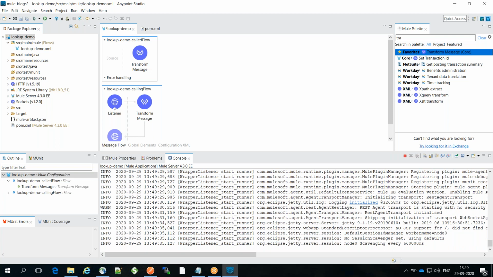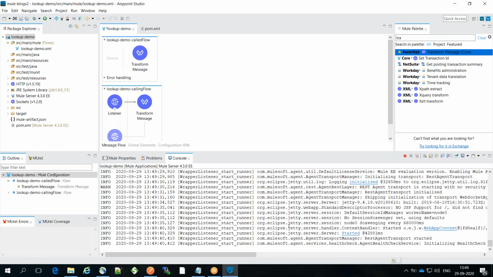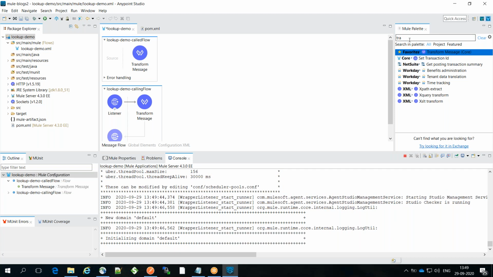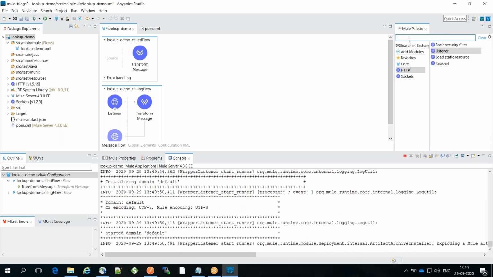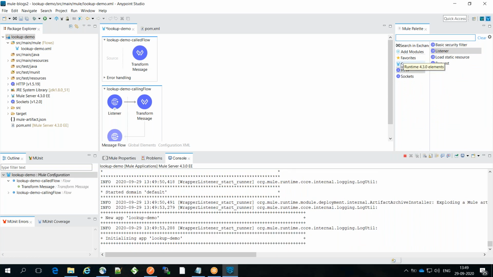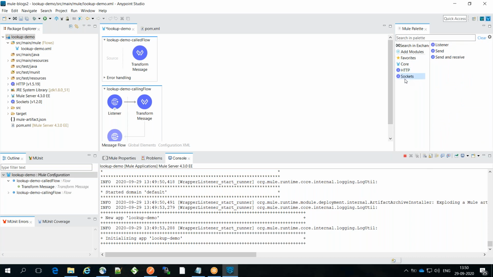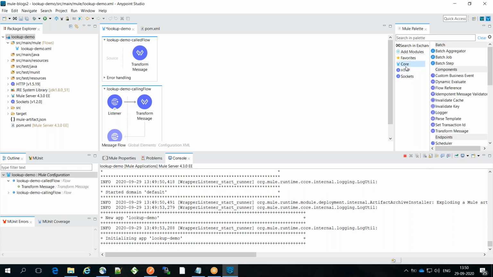Right now I have not done any kind of logging, right? But eventually when you work on something complex, I would recommend you to do some kind of logging also. One more thing I want to talk about is the core module. Here you see, whenever you're working with different modules, this is the core module I was talking about. It will have all the core components which will allow you to do different kind of manipulations within a Mule lab. These two modules are by default added.